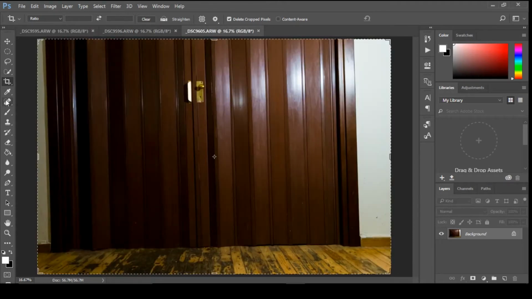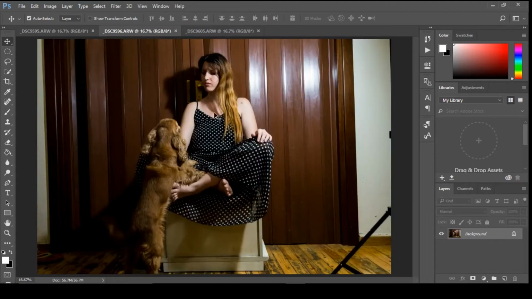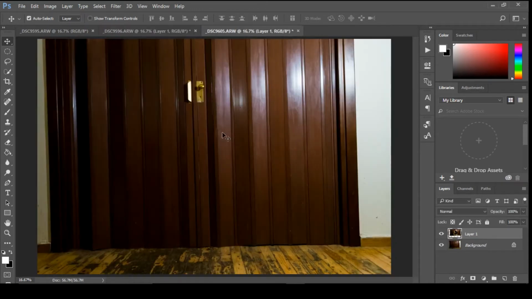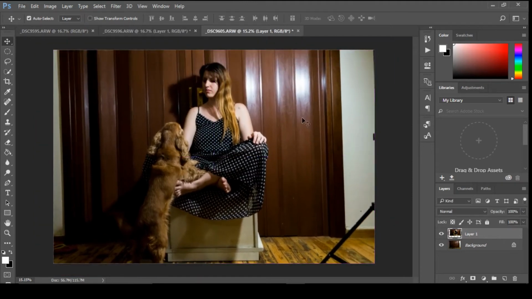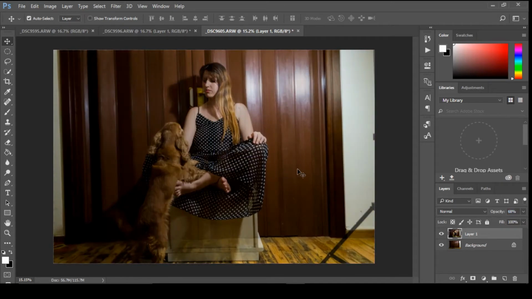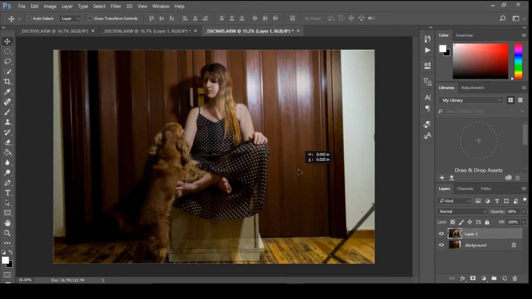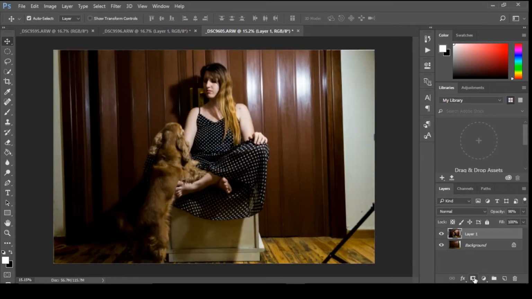So we go to our move tool and go to the picture with the subject, Ctrl J to duplicate the layer, and click and drag to our background project. So let's bring the opacity down so we can see what we are doing. We must align these photos perfect. Nice. Bring the opacity back and create a mask.